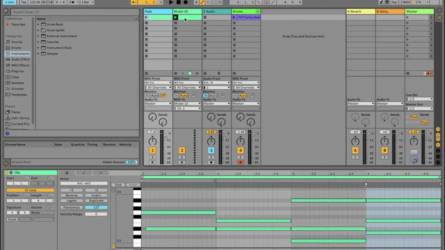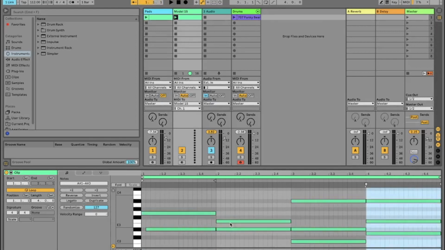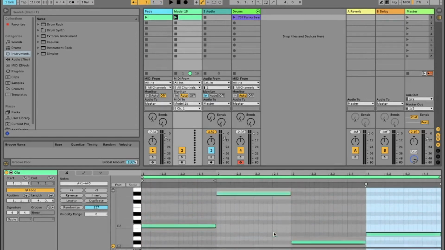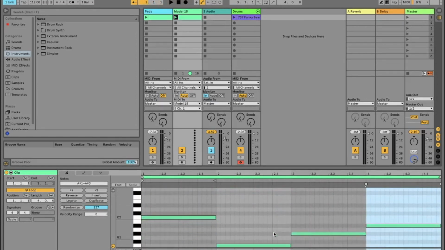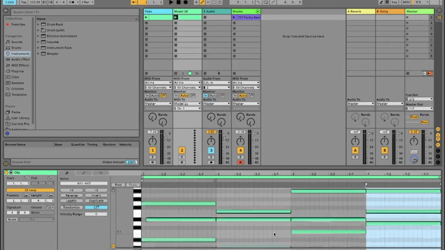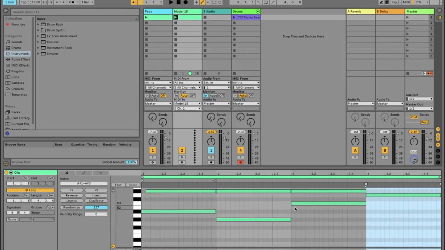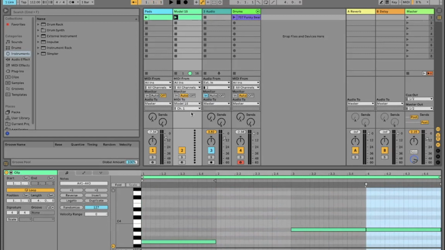So over here, I just made a quick little clip that you can see here. It's just some chords, just some minor 7 chords in C minor with one major 9 chord, the A flat major 9. But just a little chord progression that I have being sent to Model 15 on MIDI channel 1, and then that audio is going to come back into Ableton and play right here. So if I start that clip,